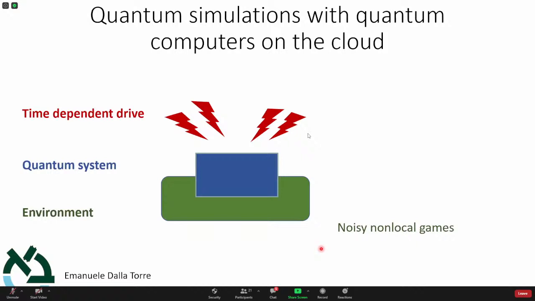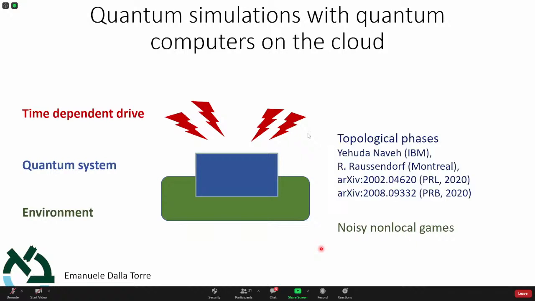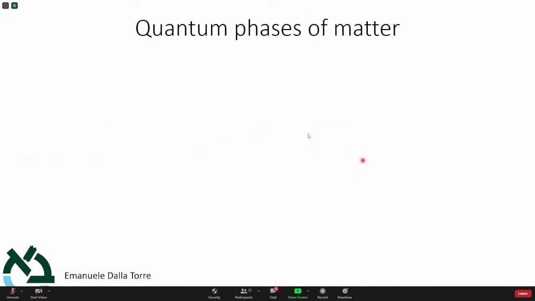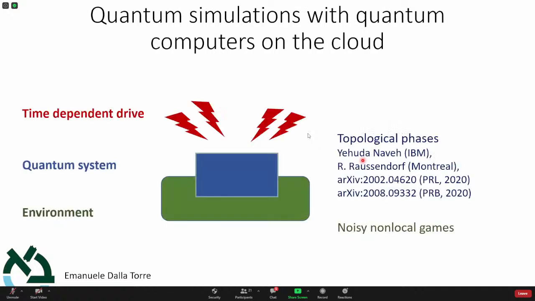Okay, good. So let me now tell you about the second project. It's sort of unrelated, although as you will see, this work was actually previous. Historically, we first got to the more complicated one, and then we did the easier one. But I chose, for didactic purposes, to first show the simpler one and then go to the more complex one. The more complex one is about studying topological phases of matter using a quantum computer.